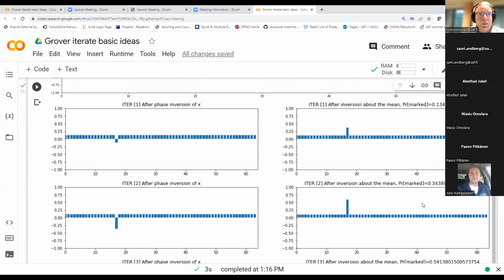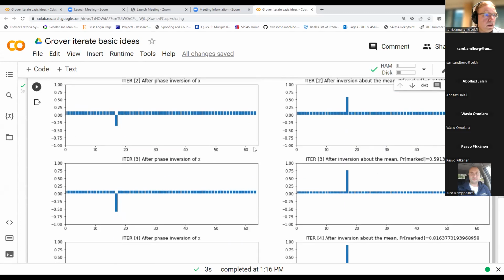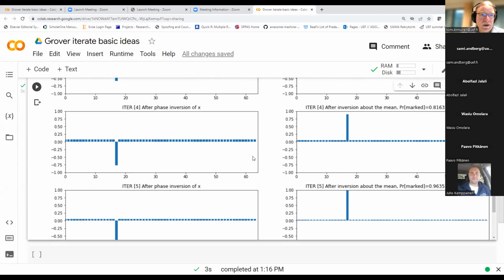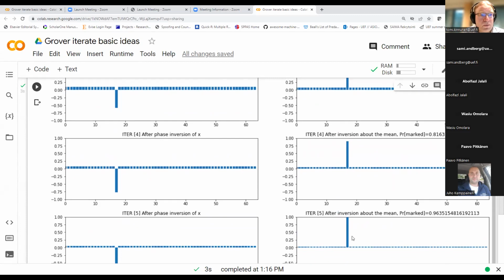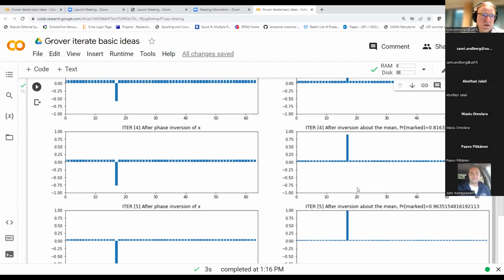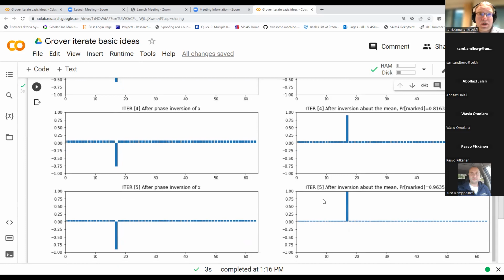Now you see the probability is increased to 0.33, and so on. Finally, in this case after 5 iterations, you get up to, let's say, 96% probability to measure the item we are searching for, and 1 minus that collectively for all the remainder. So very likely if we measured this, we would find the marked item.